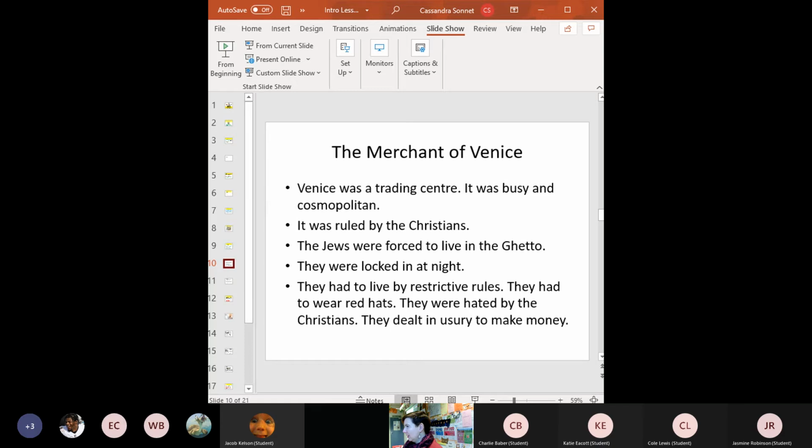I can give you a little... do you all know what interest is? Yeah. Right, here we go. This is my quick way of typing this. Right, so usury is this. Lending.